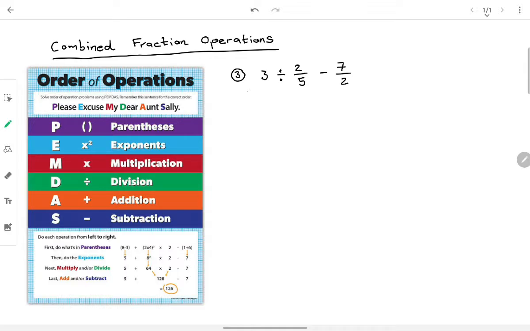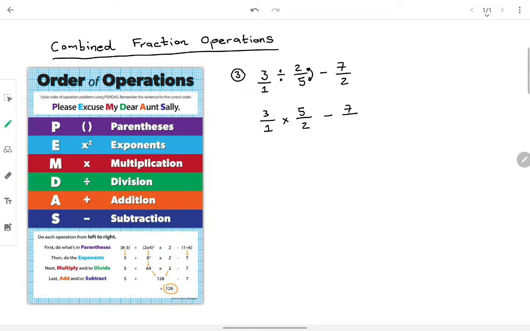So in this exercise, we have a division and a subtraction. Remember, division is more complex, so it's first in the order of operations. So first we need to do the division. Remember, if we have a whole number, that means it's divided by 1. So we can flip this to make a multiplication. We will have 3 over 1 multiplied by 5 over 2